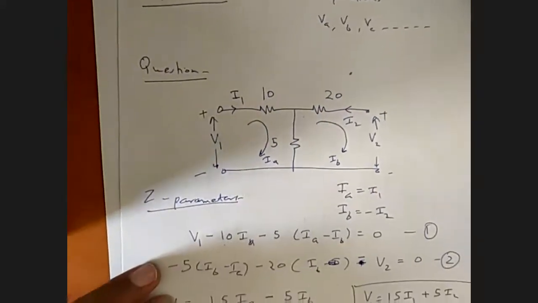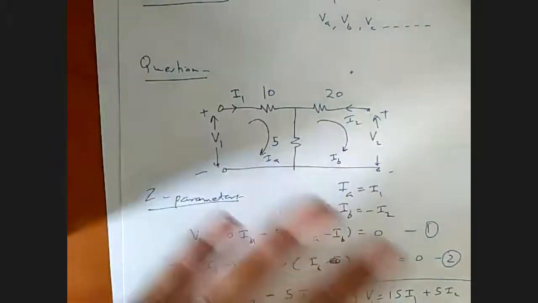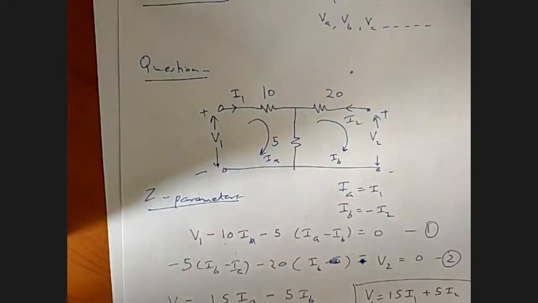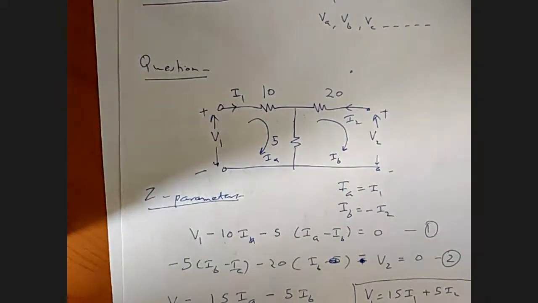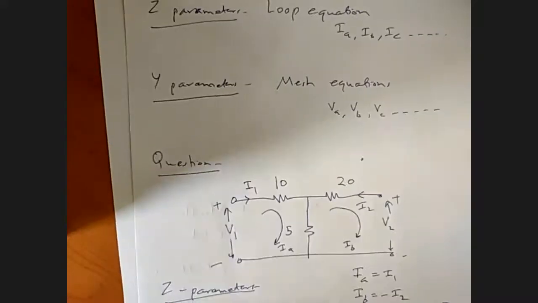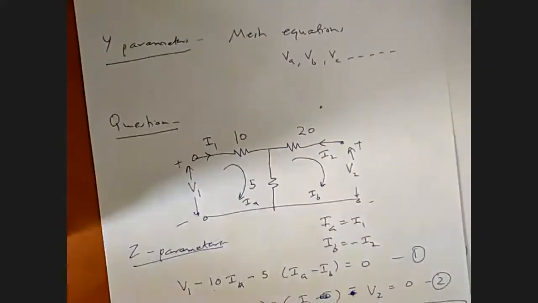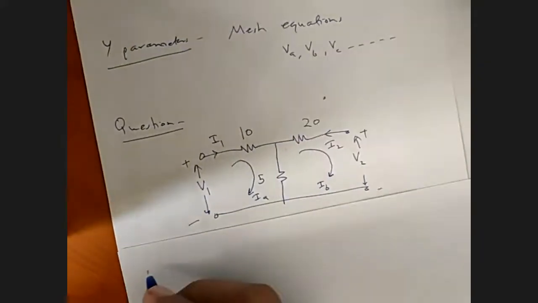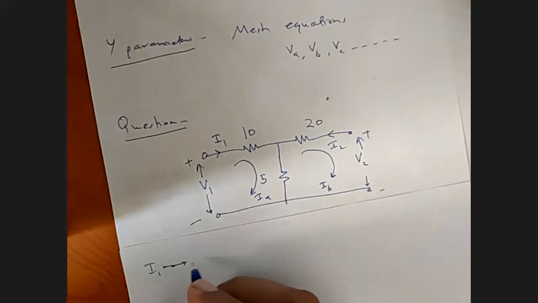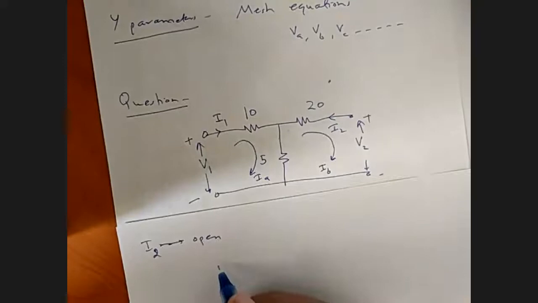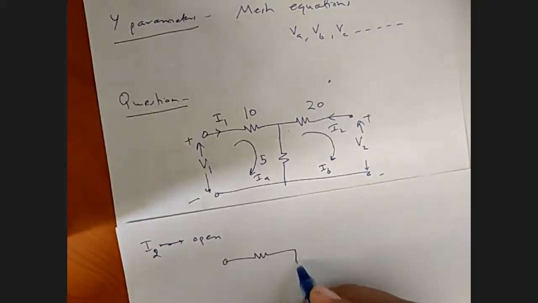This is when you are writing for the complete equation. I have not applied I1 equal to 0 and I2 equal to 0. You can solve it with that also. So for that, first I have to consider I1 open or I2 open. So I2 open means your circuit will reduce to